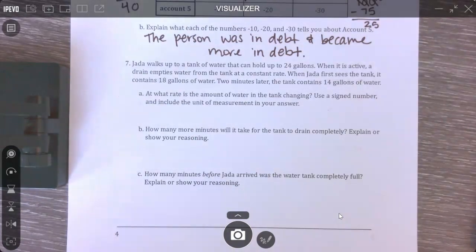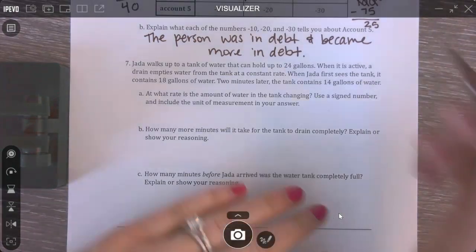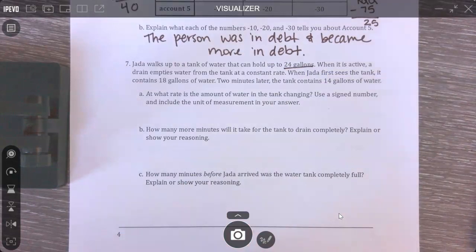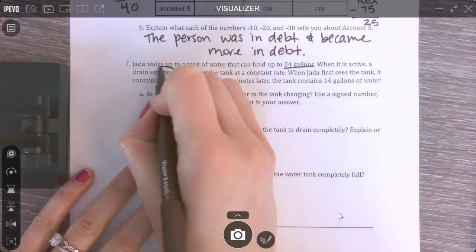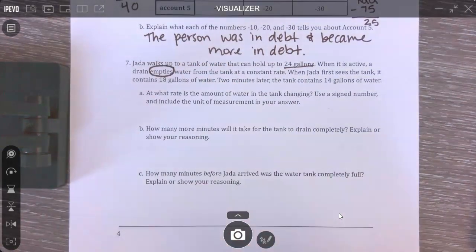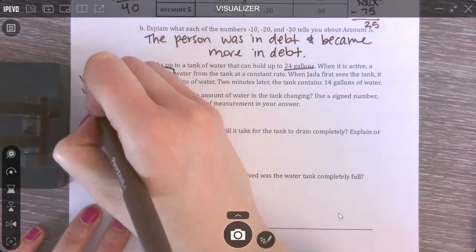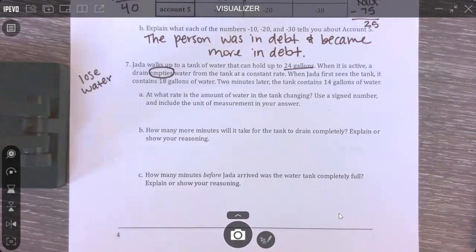For number 7, Jada walks up to a tank of water that can hold 24 gallons total. When it is active, a drain empties. What does empty mean? Does that mean you add water or get rid of water? You're going to lose water. It says from the tank at a constant rate, so it's always going to be emptying at the same